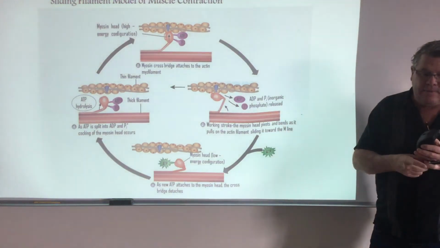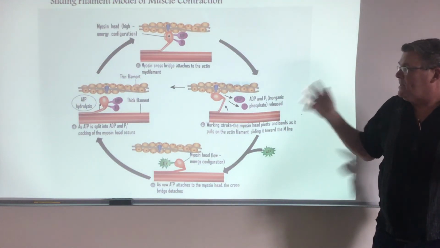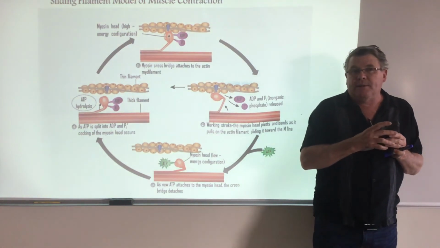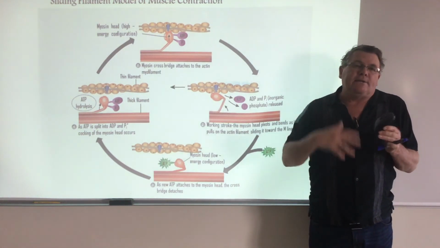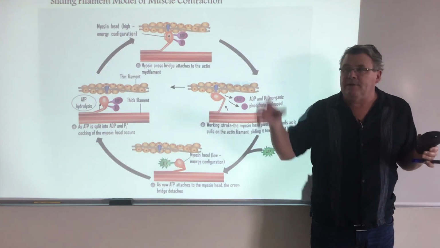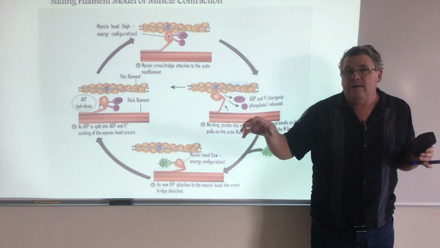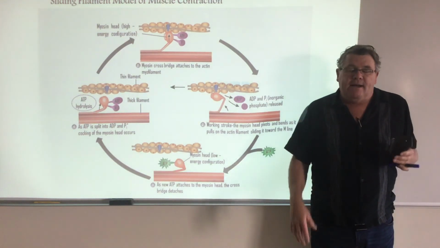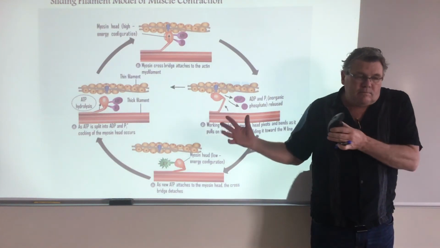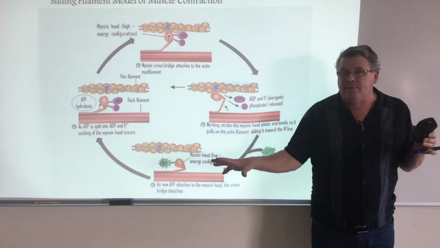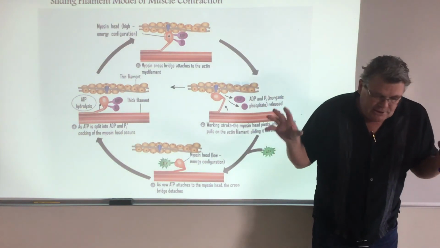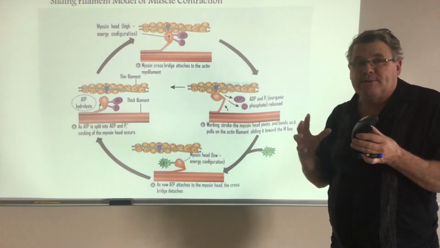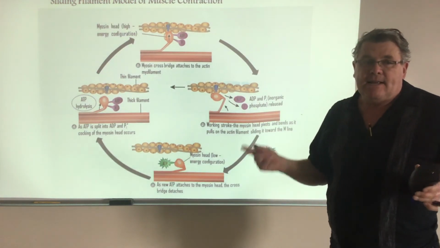Now, what the cell wants to do is it wants to pull the calcium back into the sarcoplasmic reticulum. So it's trying to all the time. But if the impulse is coming from the neuron and that whole action potential thing is taking place, it kind of overwhelms it. But ultimately, when the impulse from the neuron, the action potential, is no longer there, the calcium goes right back into the sarcoplasmic reticulum, that resets, and